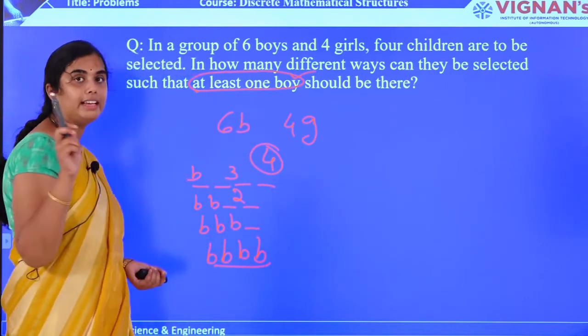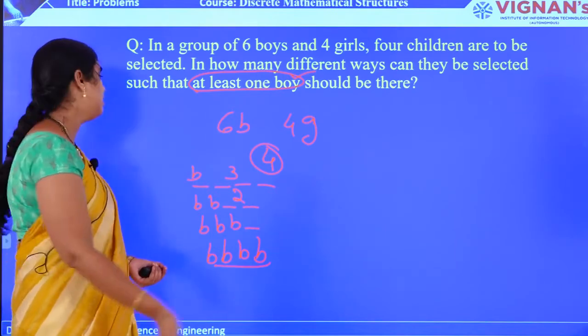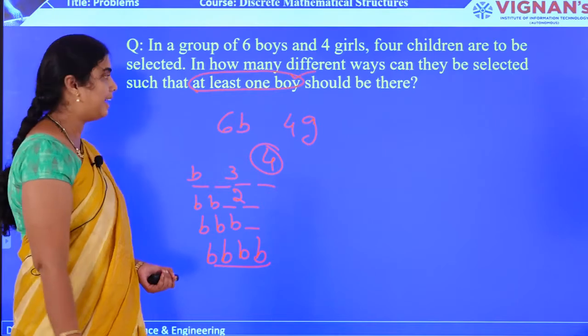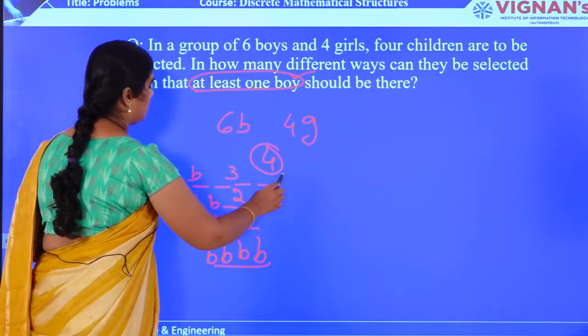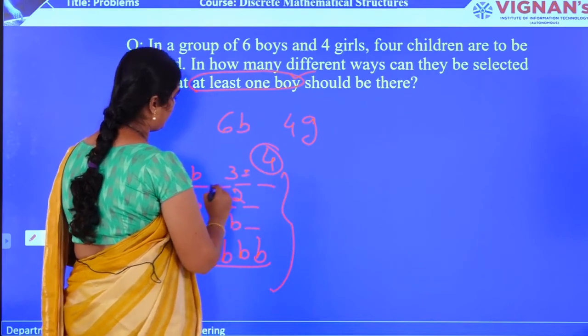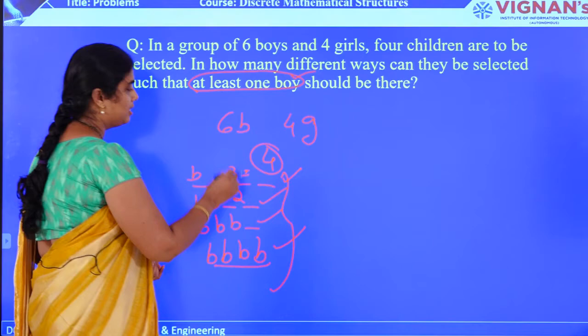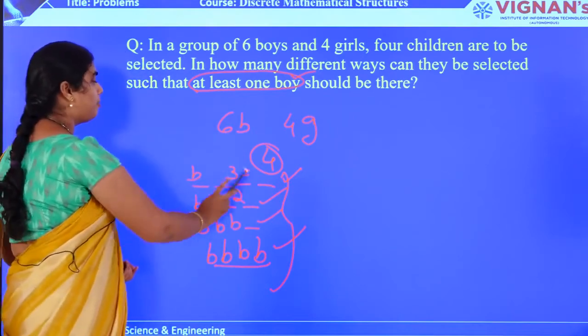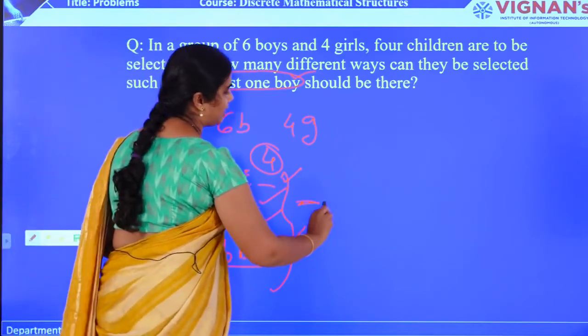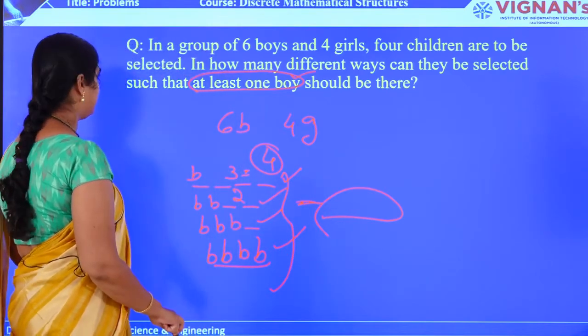As I am not given any condition like at least 1 girl should be there or at least 2 girls should be there, I can take this itself. So now the number of ways of selection here is 1 way, this is 1 way, this is 1 way. So you do one thing, you apply the formula for this one and derive the results. I am not showing the result for you, you take it as an assignment and derive the result.